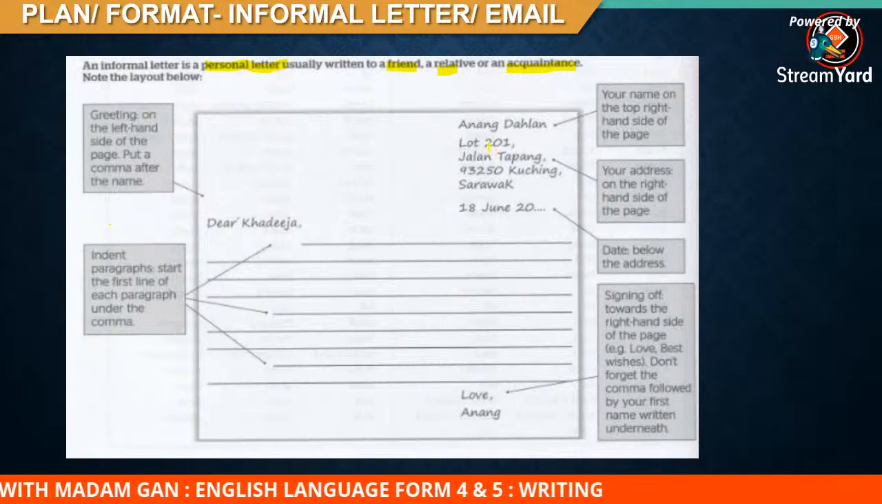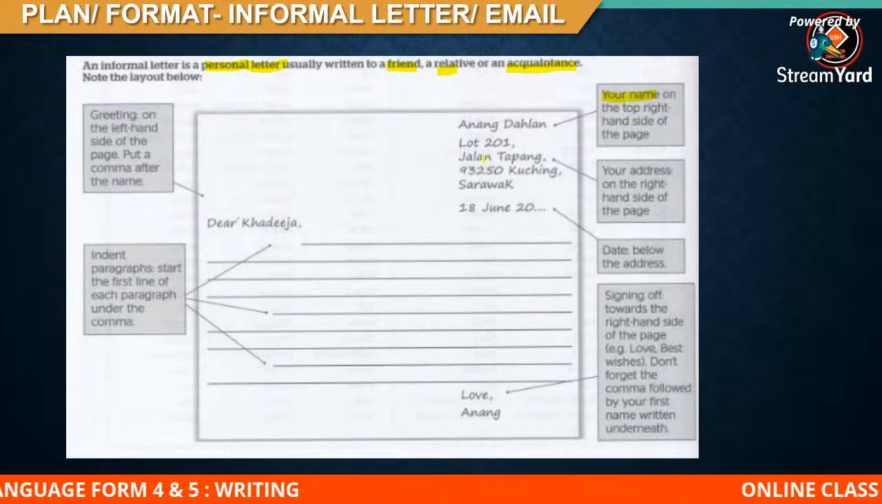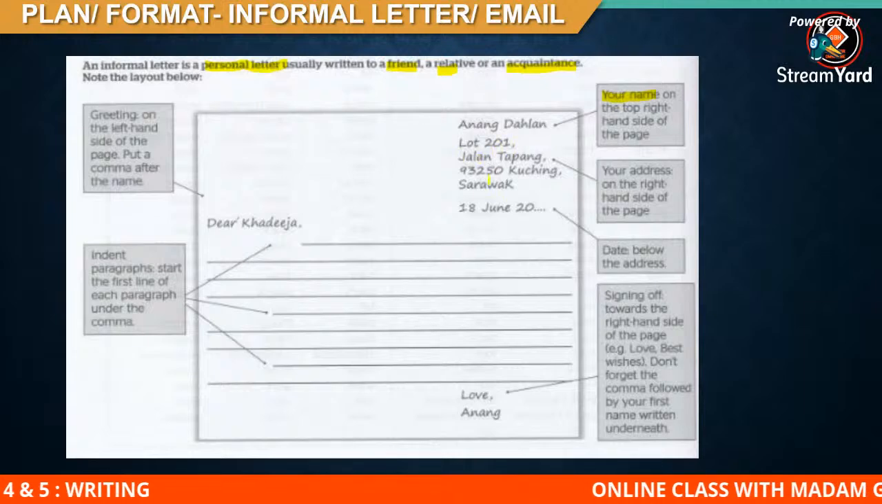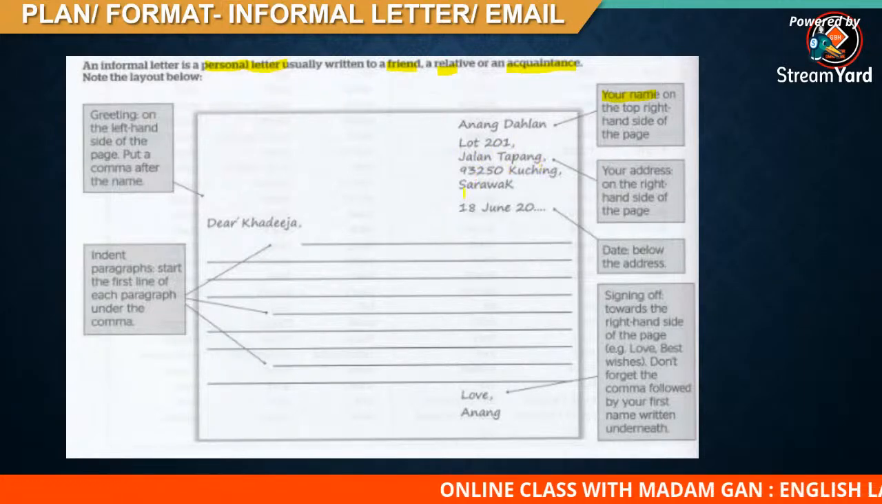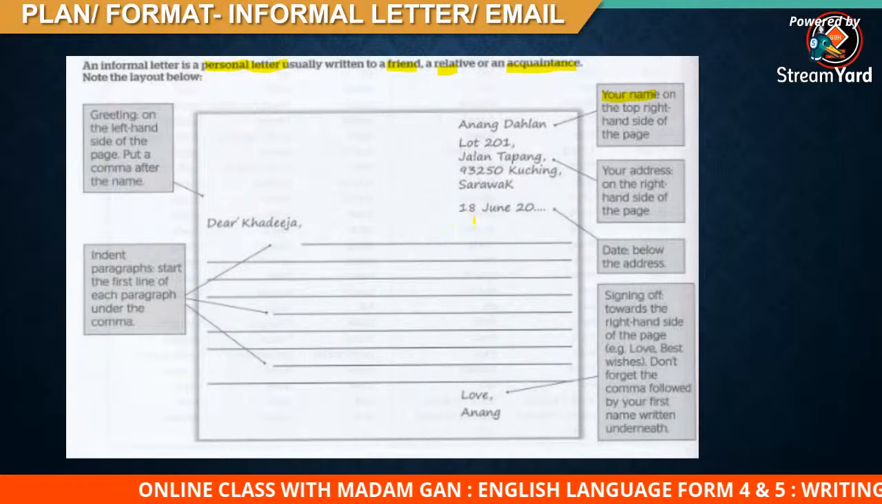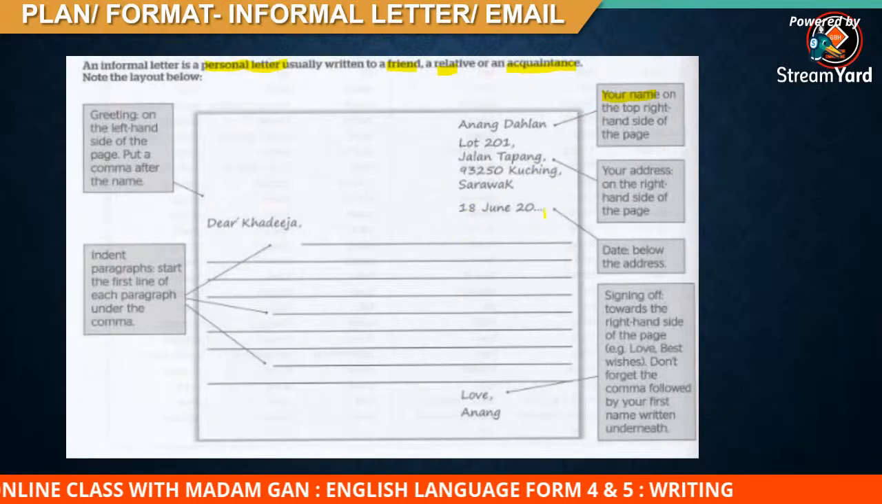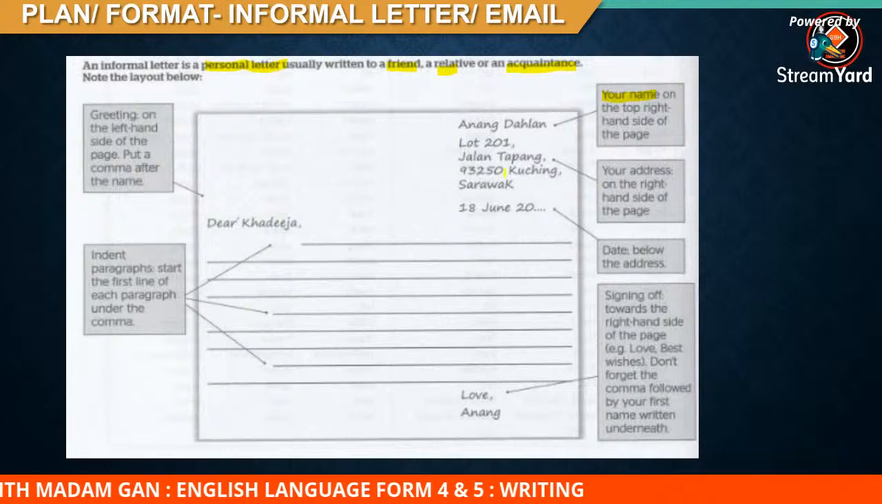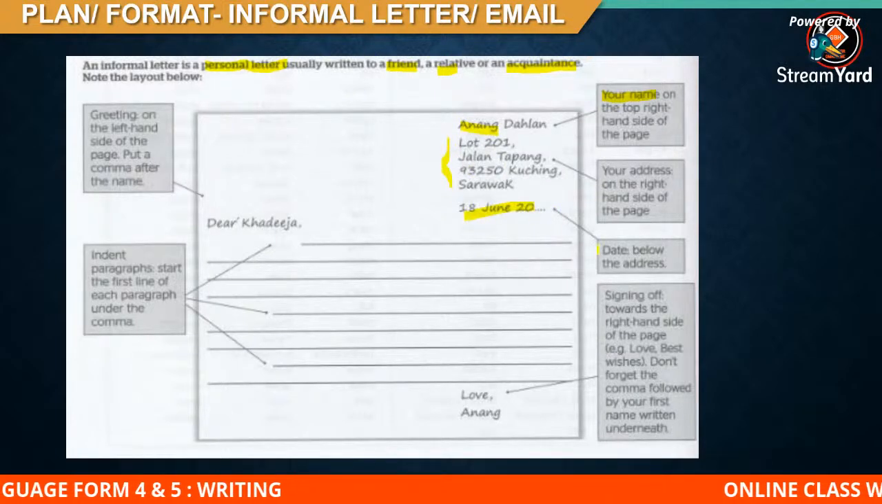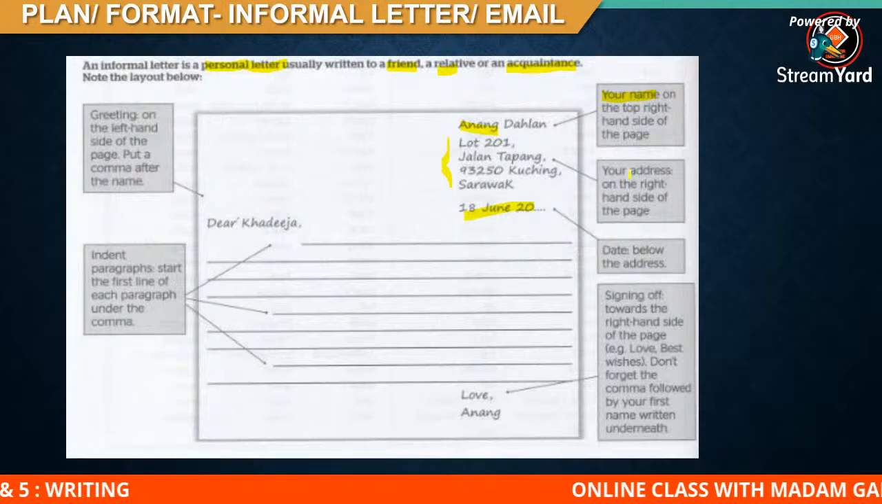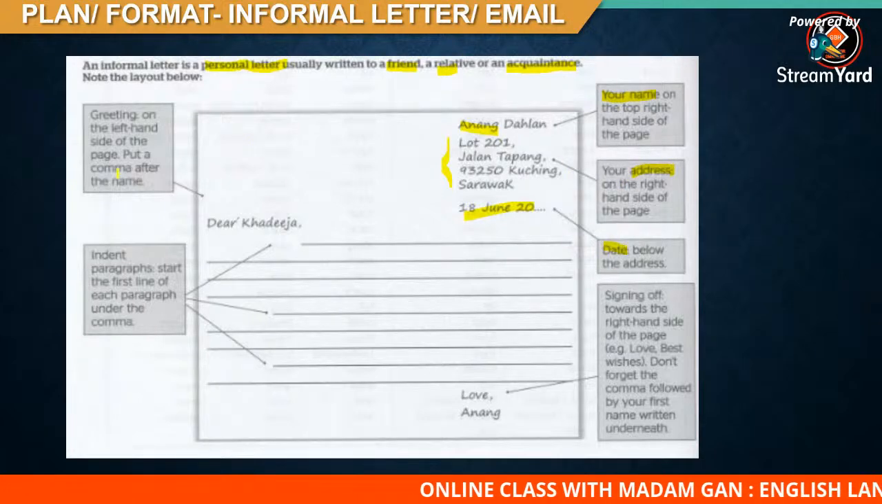Okay, so you have Anang Dalan, the name is there, and then you have the address, Lot 201, Jalan Tapang, 93250, Kuching, Sarawak. Then you have the date, 18 June 2020. Okay, so remember the name, the address, and the date. Okay, name, address, and the date. And then